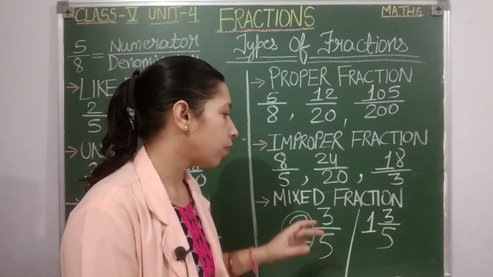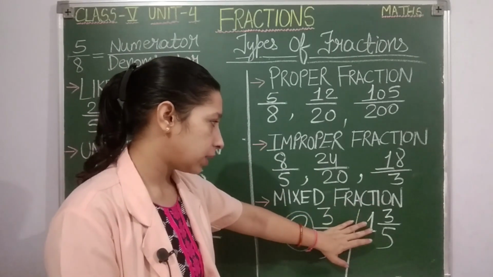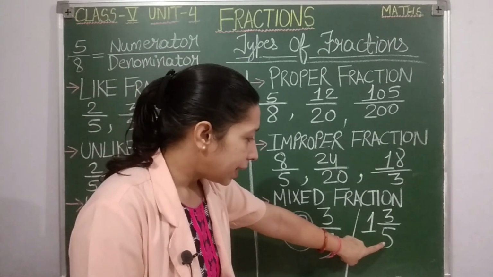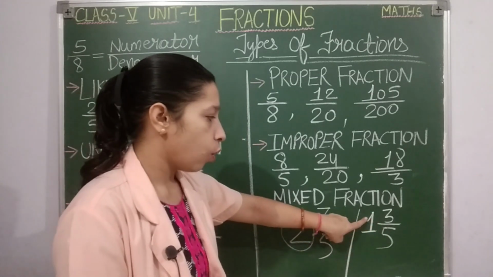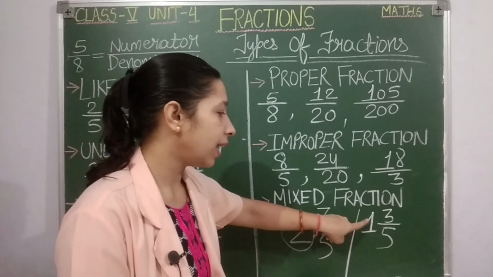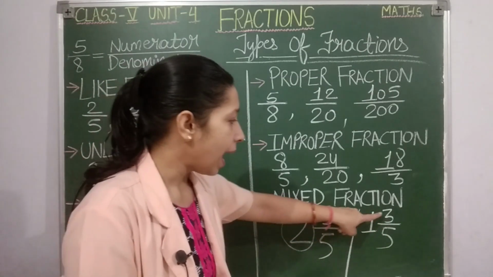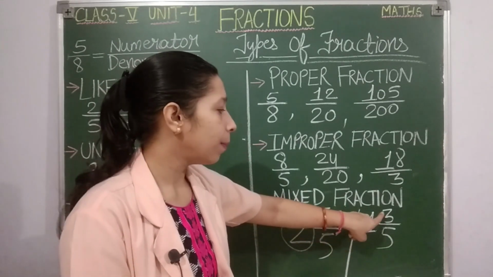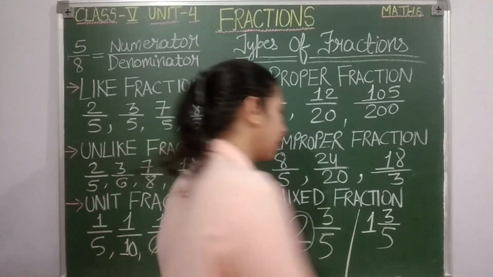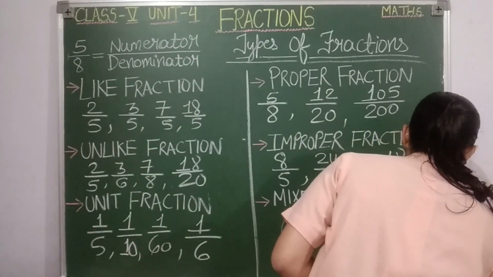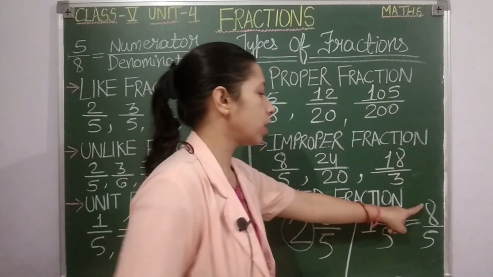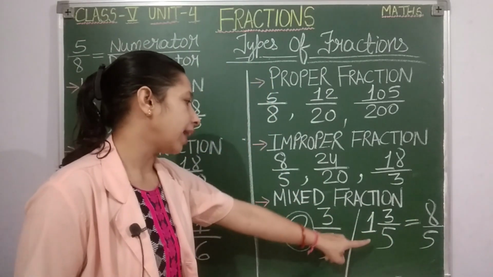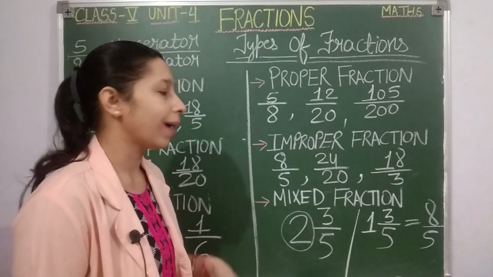See how? Always remember, when you have a mixed fraction and you have to convert it into improper fraction, multiply the denominator with whole. That means 5 into 1, how much? 5. And add the numerator to it. 5 ones are 5 plus 3. So 6, 7, 8. So write 8 and again the denominator, that is 5. See students, what I have got? 8 by 5, and the same number on writing as mixed fraction I got 1 whole 3 by 5.